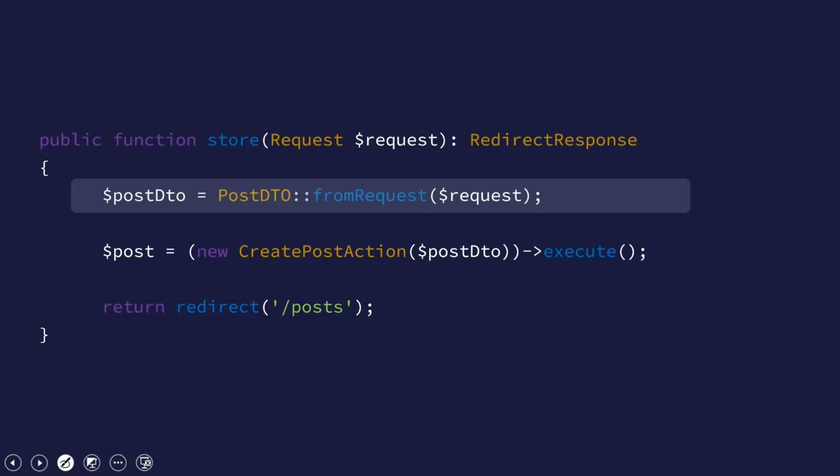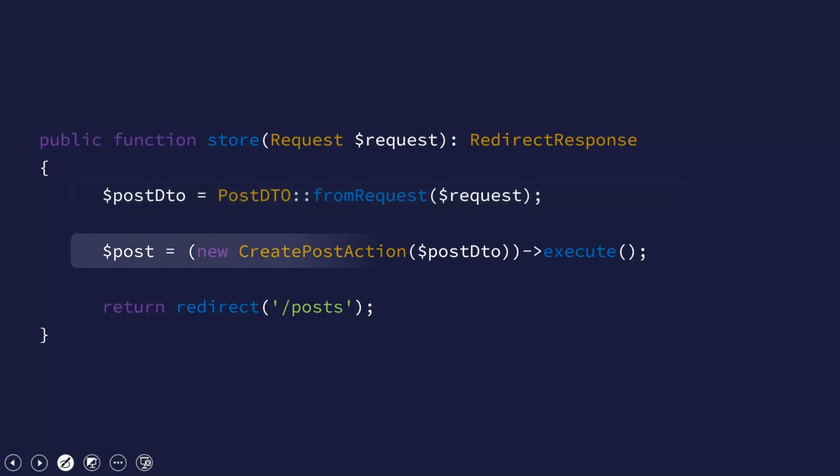Remember, this is validated because we added the validation rules there. Then we create a post. To create a post, we simply call new create post action. We pass the DTO that we have created here, and then we call the execute method. Remember, the execute method, all it does is create the post. First, it will authorize you, make sure that you are allowed to create a post, and then it will create